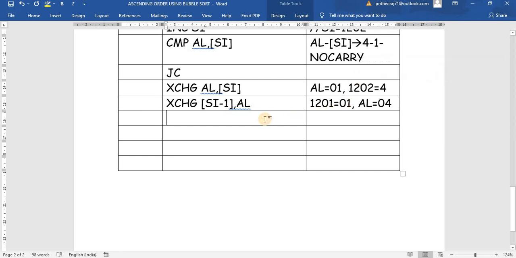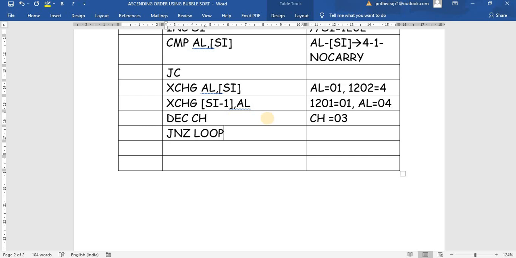Once data has been swapped, we can decrement the comparison counter, because we have done the first comparison. So CH becomes 03, and then let us check whether the comparison counter is 0 or not. If it's not 0, repeat the same step once again.